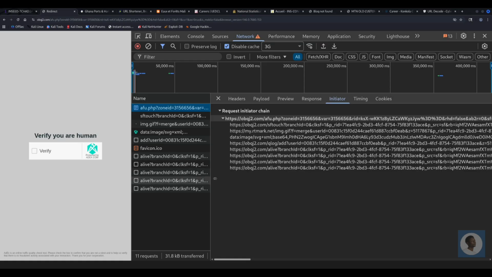So here in the browser developer tools is where it really gets interesting. Because looking at the request chain, you can see that almost, or not even almost, every single network request on this page originates from the script afu.php, right? Everything originates from there, and this is the ad performance script that is running invisibly on this specific obfuscated server.